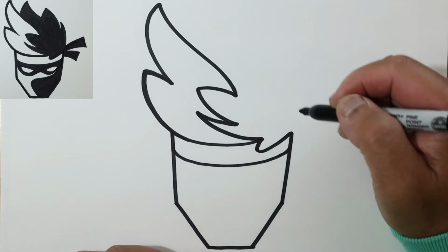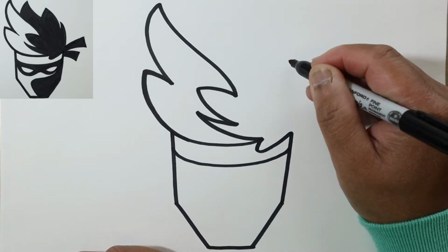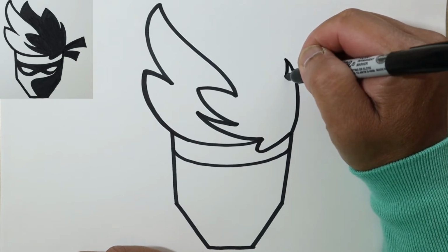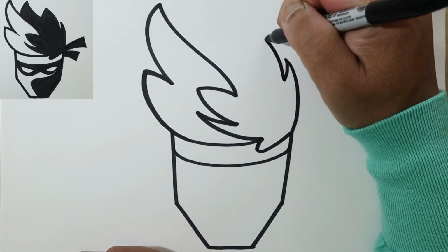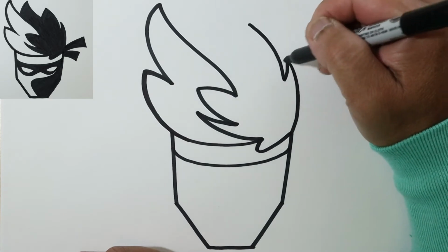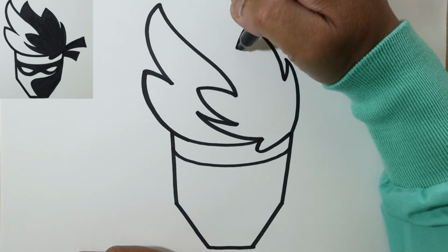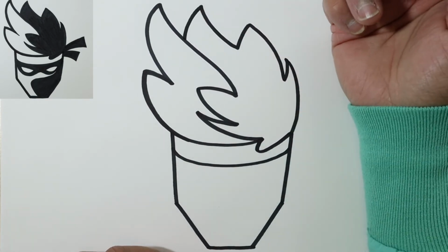So next let's draw the right side of the head. We'll go this way up to about here. So let's just draw it from this point down to the bottom, and draw a short line from this tip here, and we're going to go back up to here. So let's just go up, kind of following these curves. See how this curve is following pretty much the same kind of line, kind of parallel. So we're going to go down, stop about halfway, and go back up, and then finally down to this line. So all of this is going to be black,